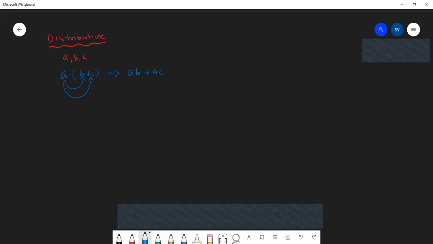Say for example, I'll show you an example. 7 times 8 plus 5. So basically, if we are not using the distributive property, what we will do is add these two numbers, then multiply with the external number, the 7. But just to show this distributive property, what I am trying to do is I will multiply these two numbers